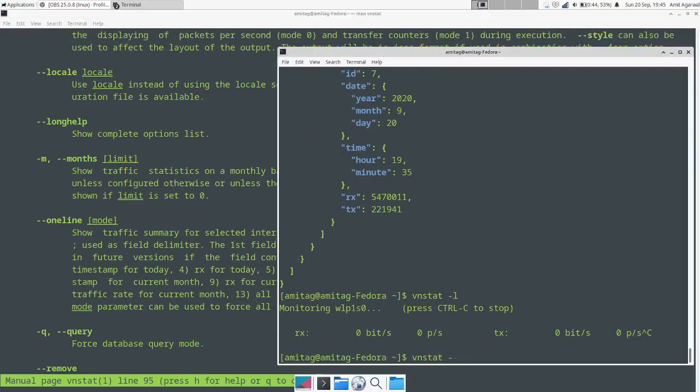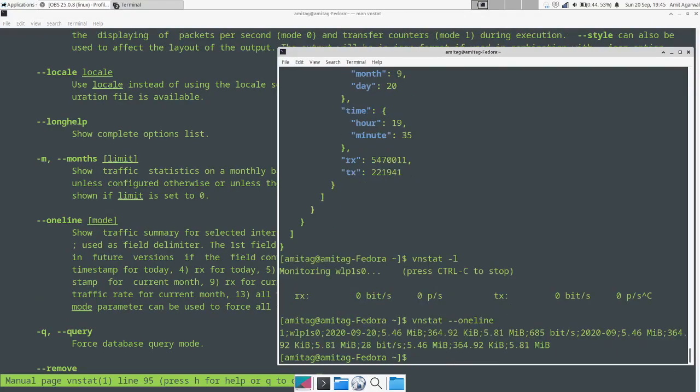Minus minus one line is another very interesting one which I like, because this is something that you can use with sed, grep, awk very easily to get the data that you want, and then you can use it with any other piped command, right?